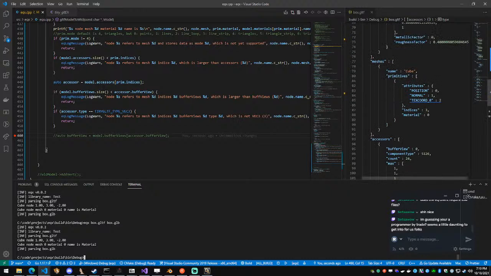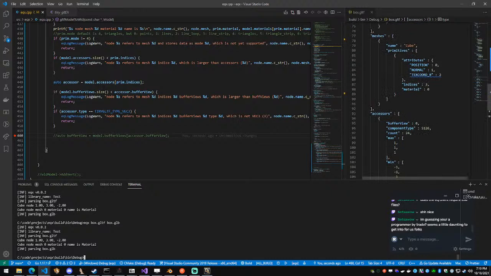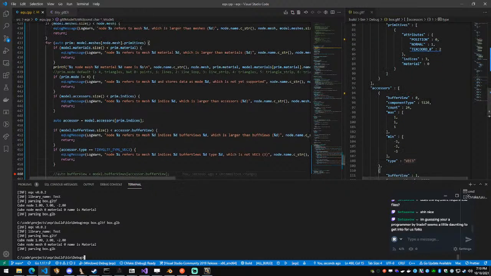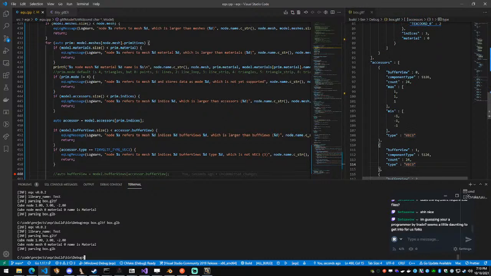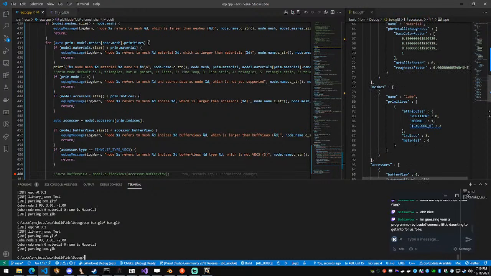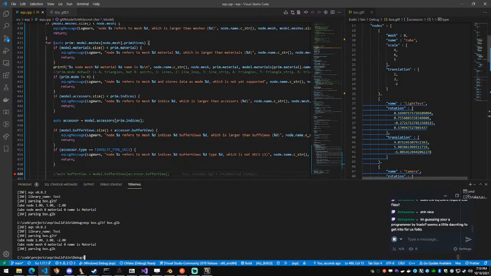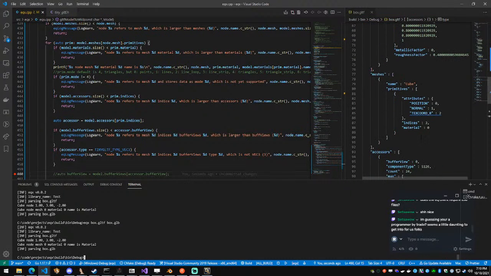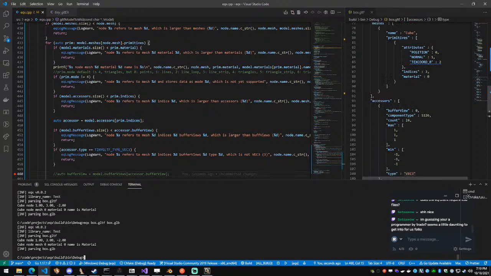It's because the buffers are only... You know what's actually happening, I think, is that attributes